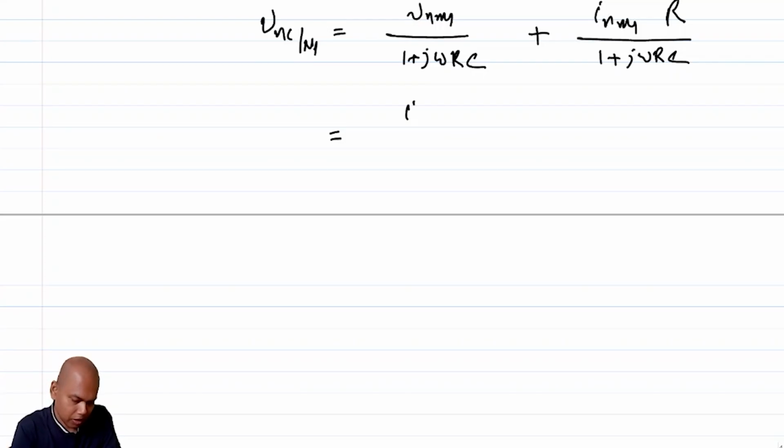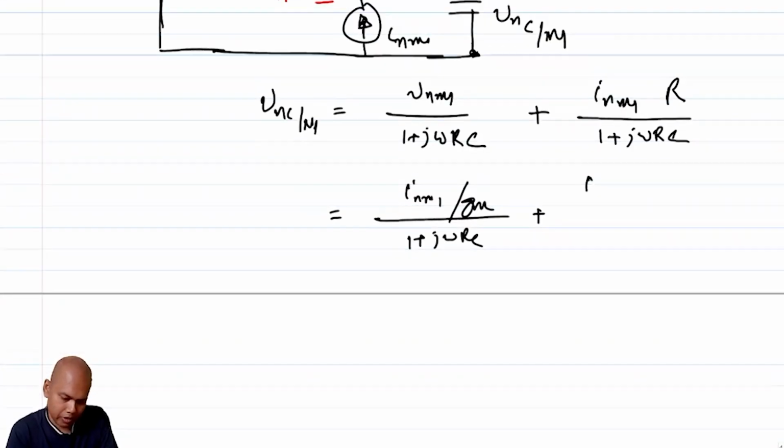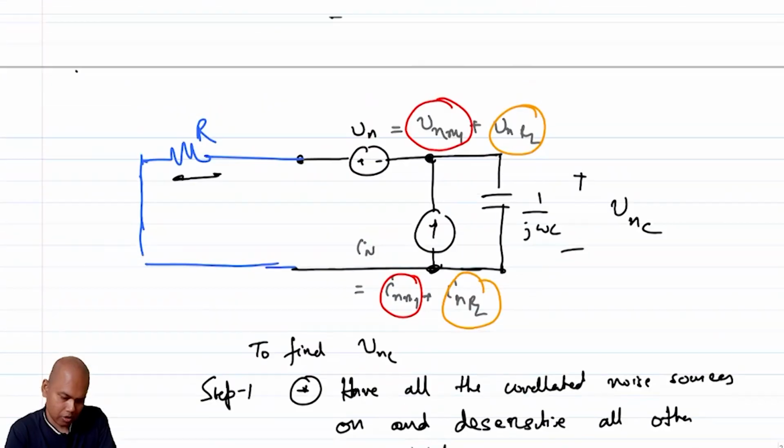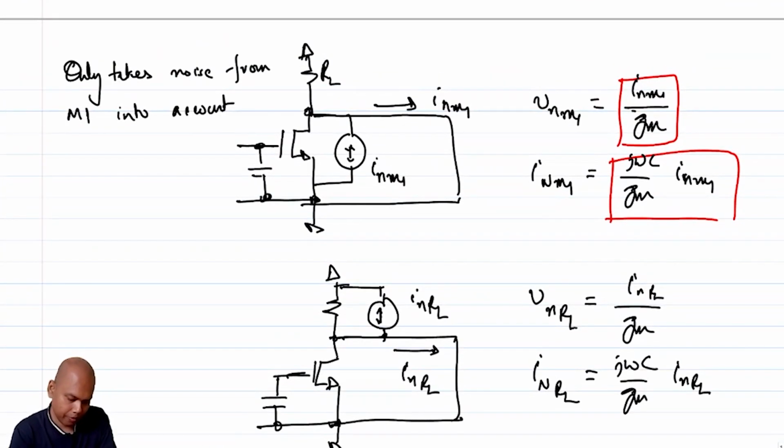So this becomes INM1 over GM by 1 plus j omega RC, plus this one becomes, I think I messed up the terminologies. I should not use INM1 here, because there also I'm using INM1 for the input referred, right? So I should use,